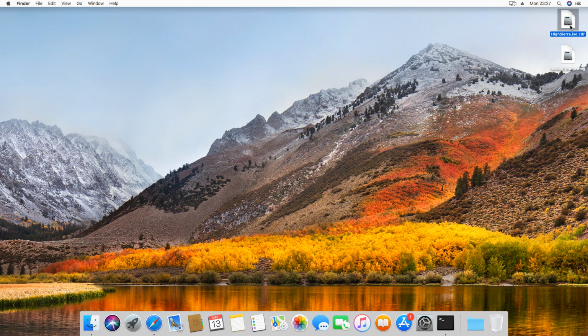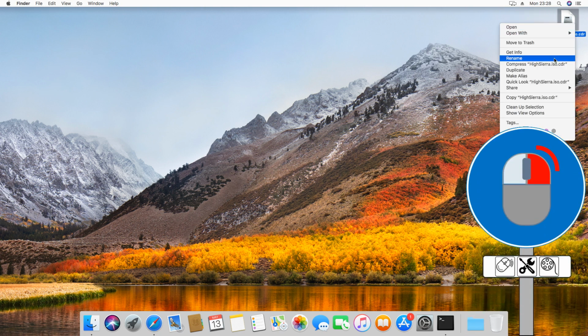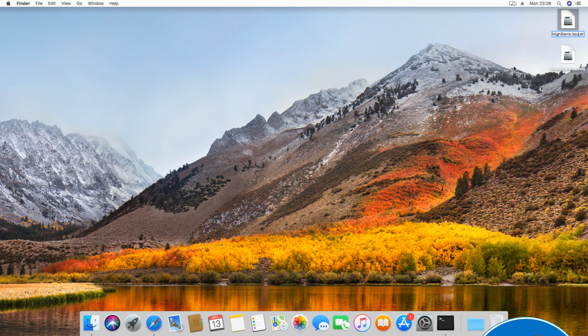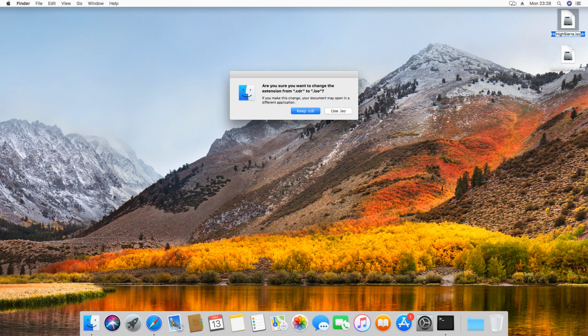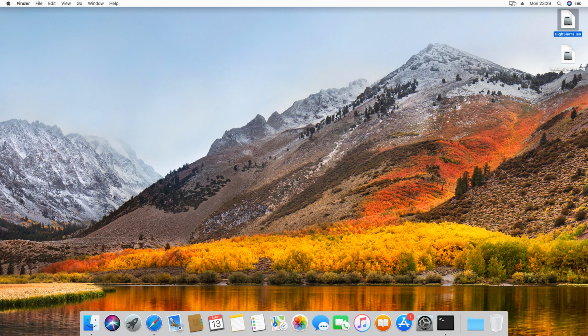We therefore select highsierra.iso.cdr and right-click for a menu. Selecting rename, we then delete the .cdr suffix, leaving only highsierra.iso. The system queries the change of file extension, and we click the white use .iso option to complete our file conversion. We now have a file labelled highsierra.iso, which can be transferred to the PC to form the basis of a